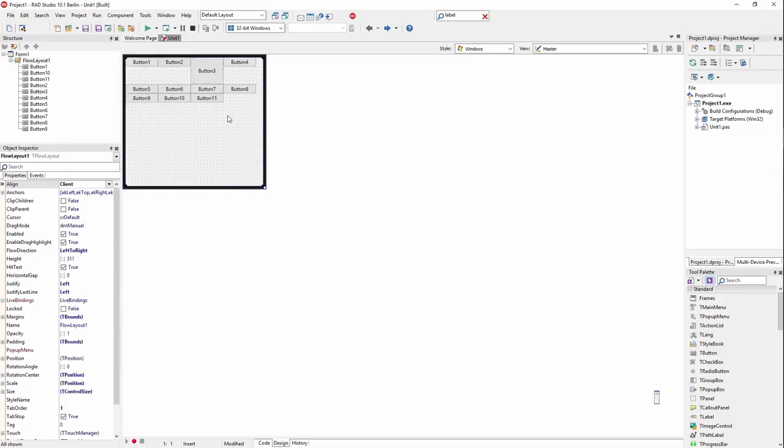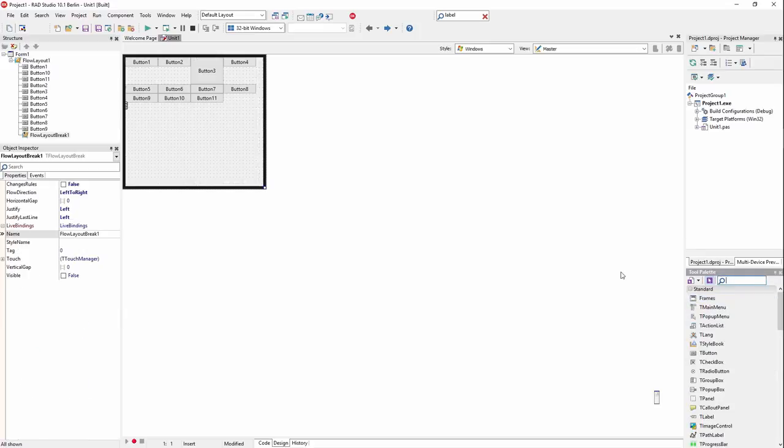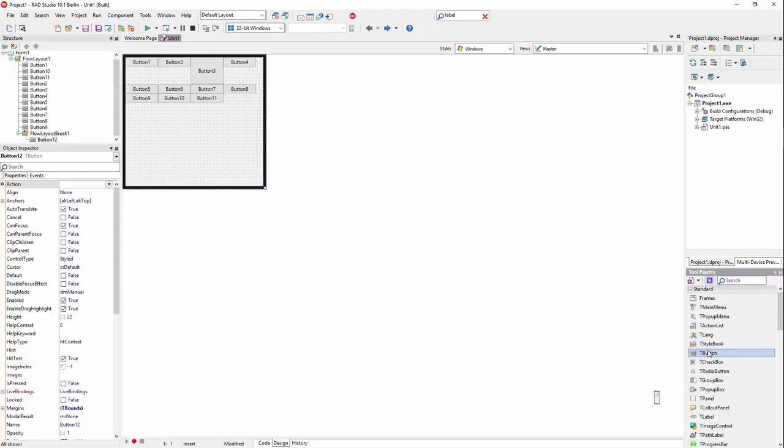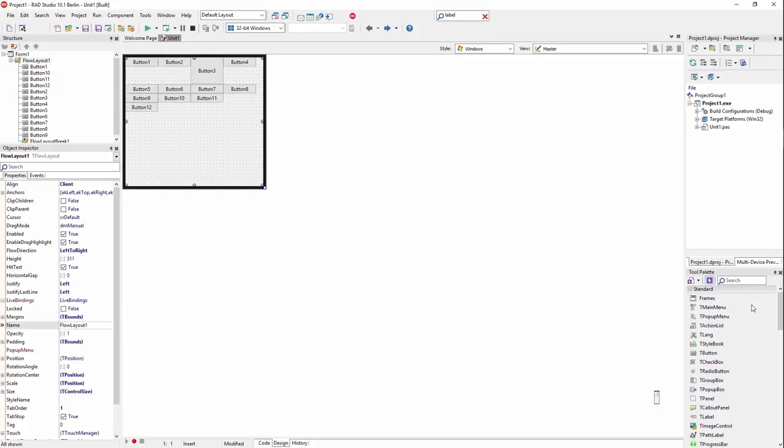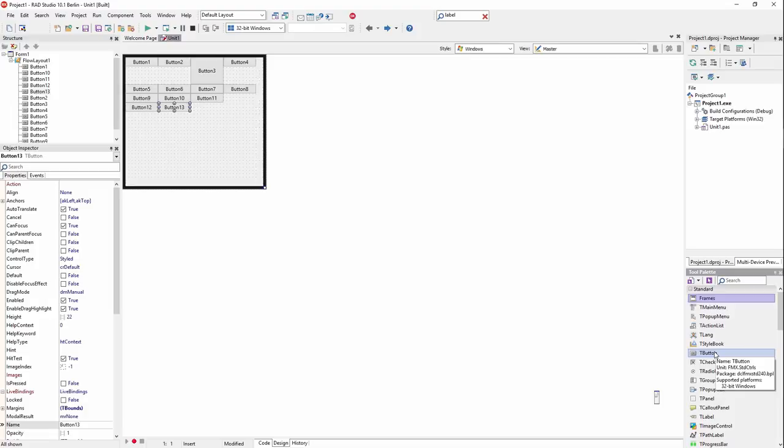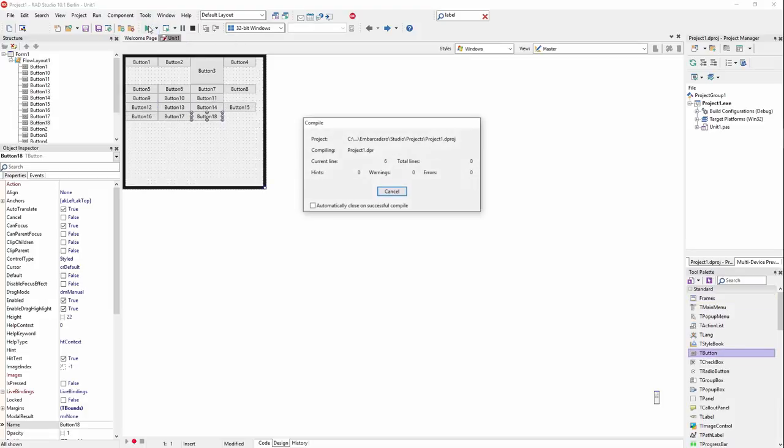Now I can do a flow break in here. Flow break, which is right there. And then I'll add some more buttons down. And interestingly, because the flow break is a layout, it thinks it's a container. So let's put this on there. There we go. And let's put some more buttons down. Because I had the flow break selected is why it did that. Button, button, button, button, button, button, button. Okay. And now, when I run this,